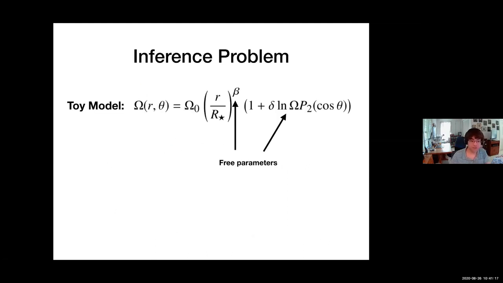So we set this up as an inference problem, and to do that we had to assume a toy model of what the rotation profile of the star looks like. So the profile is a power law in radius with that power law exponent as a free parameter. And it's just a low order spherical harmonic in the latitudinal direction. And so we figured we can calculate things with this toy model. That was the first advantage. And the second is it does a pretty good job of fitting the sun. So in the sun, beta is something like 0.15, and delta log omega is like 0.3,